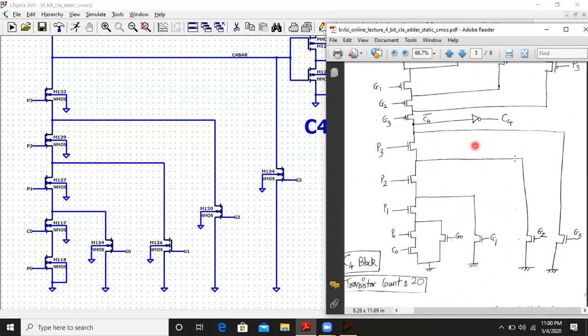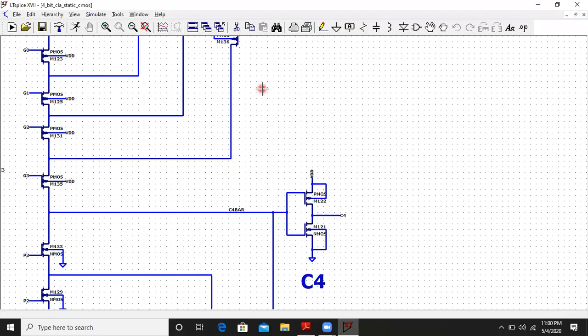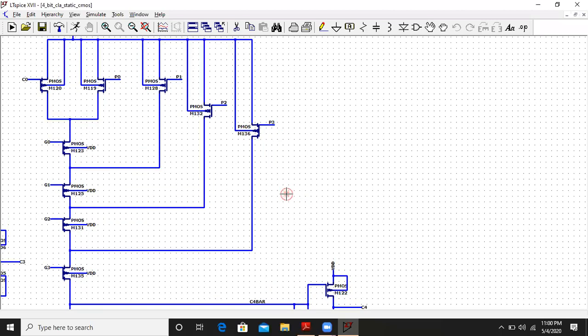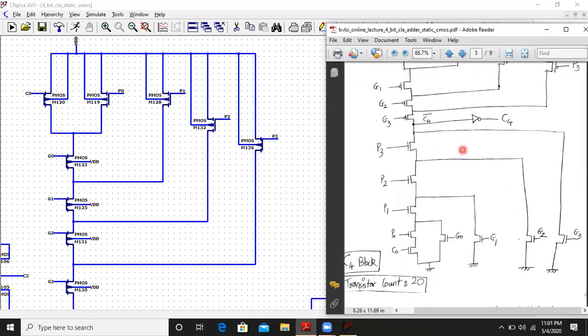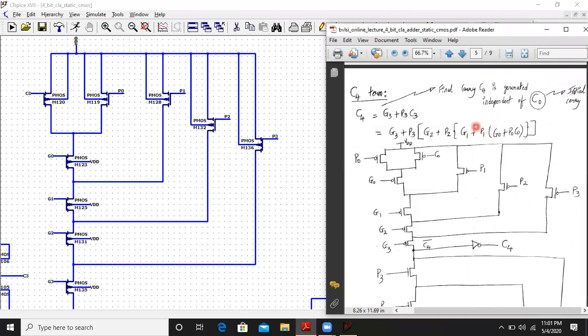So exactly the same way we have implemented it over here. Now we'll check the pull up network. So this is the pull up network. Sorry, we have to do it this way only because or else the circuit won't be visible altogether. It won't fit the screen. So that's why we are checking it pull up and pull down network wise.